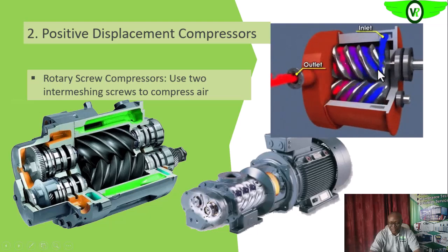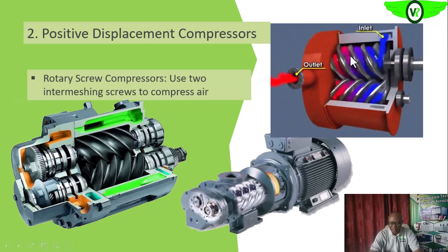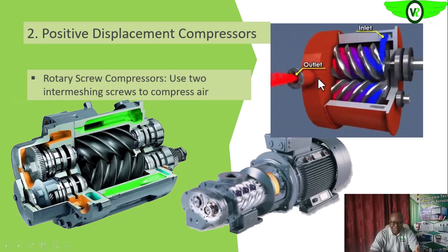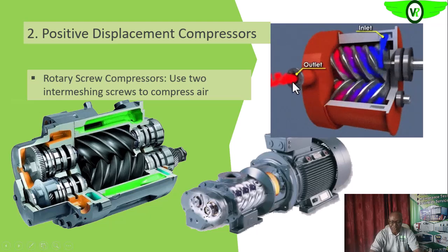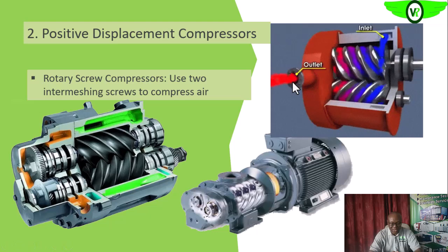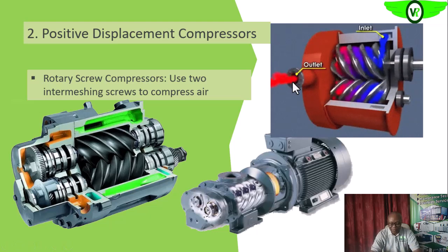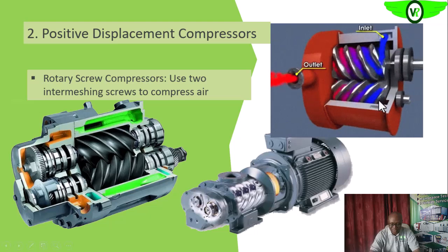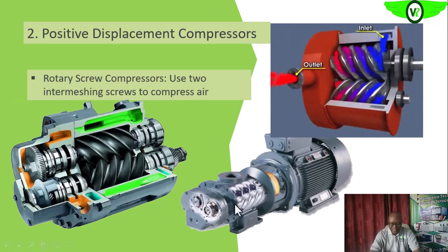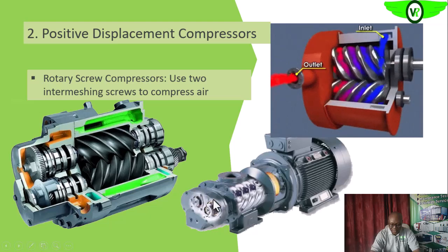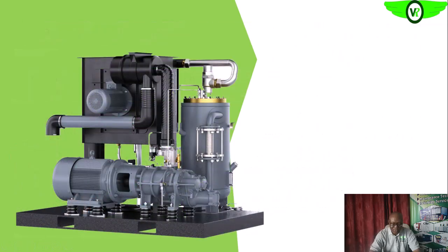See incoming, and then as it's going, the volume is reduced. That increases the pressure, and then the increased pressure gas is sent to the discharge or the outlet. So at the end, we will now have a compressed gas coming out. So you see how compact it is. This is a complete compressor, a complete unit also. You can see how compact it is. This is the intake, that's the air filter, into the compressor,